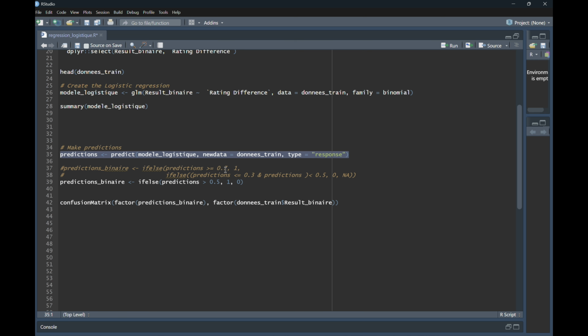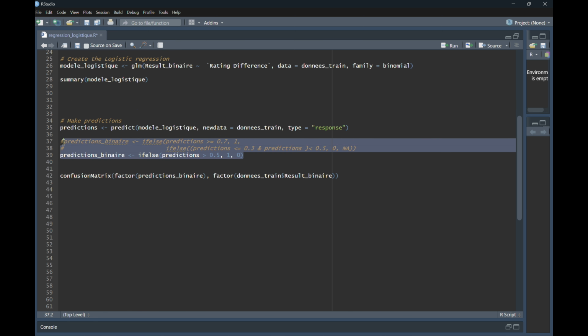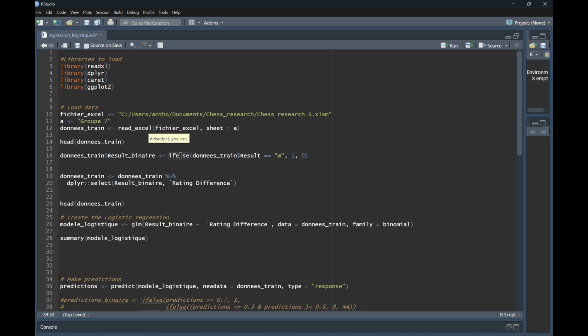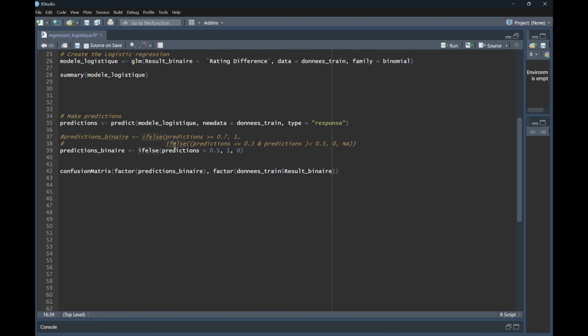So here, basically, this is the name of the variable, then you predict, you use your model, so this model that you obtained just before, and then you use same data, so new data equals this. And so here you have two ways to categorize the results that you obtained. So if else, again, the same thing that we had here. So if else, the predictions made by our model are over 0.5, it means that the model predicted a victory, so 1. Otherwise, it predicted a loss, or a draw,